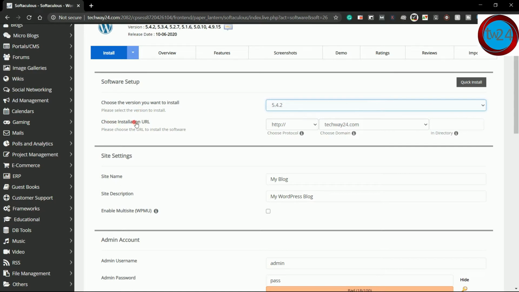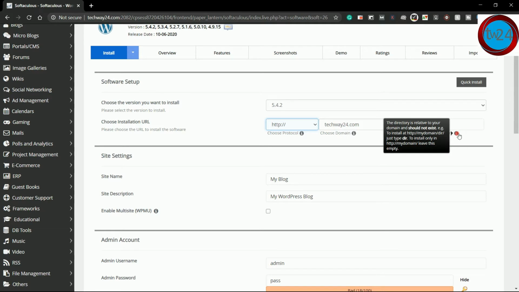Now under choose installation URL, choose http, https, http www. But if you don't know whether your hosting has an SSL certificate or not, then leave it as it is, http. Now under domain option, you need to select your domain which you have bought.